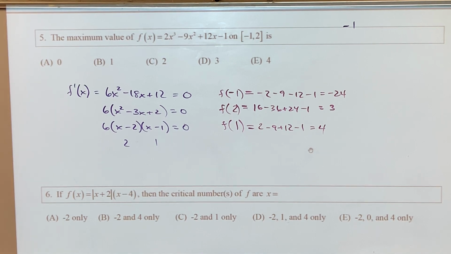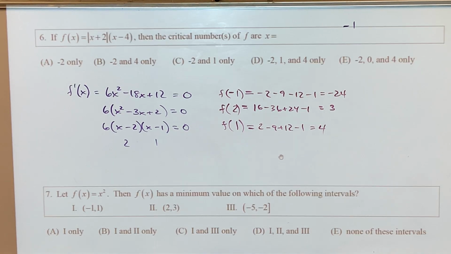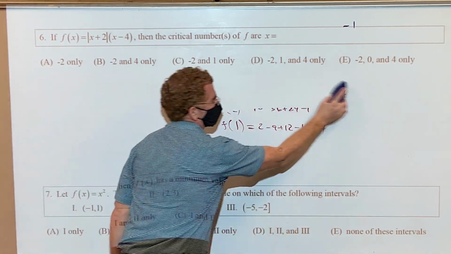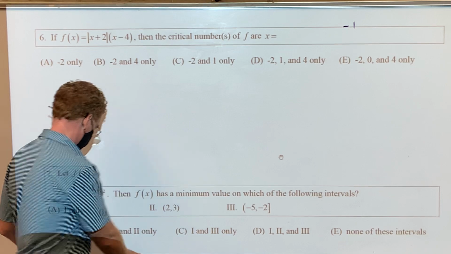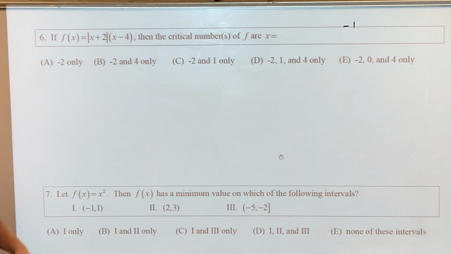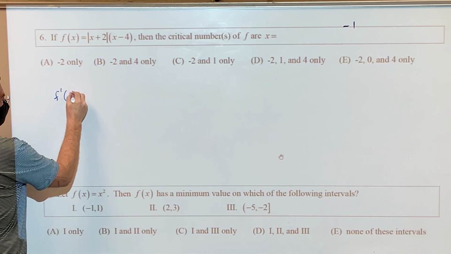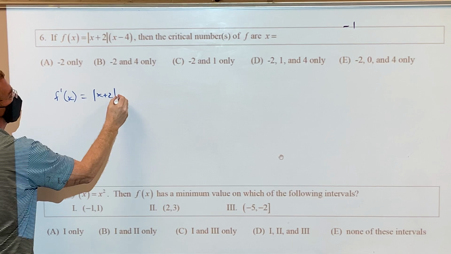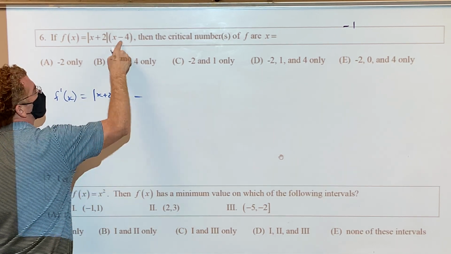All right, what about this? If that equals that, the critical numbers are? How do you find critical numbers? Take the derivative. How do you take the derivative of this? It's x plus 2. Product rule? Okay, so the derivative is first d second minus second,